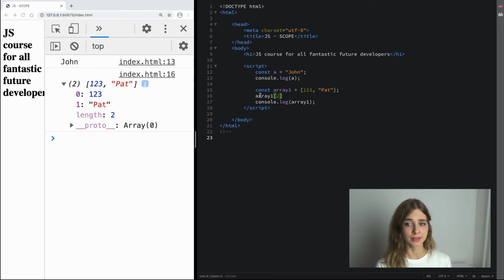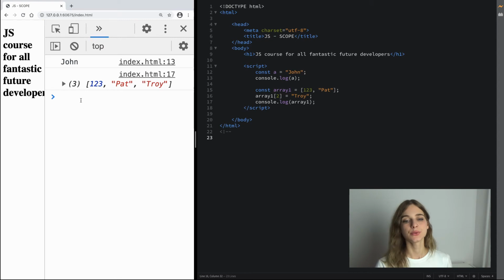So if I do array1, then square brackets, and then 2 inside, meaning that I want to create another element that would be after 0, 1, 2. There's going to be the third element, and that's the indicator of the number. And I'll give it a value and try. Save it and